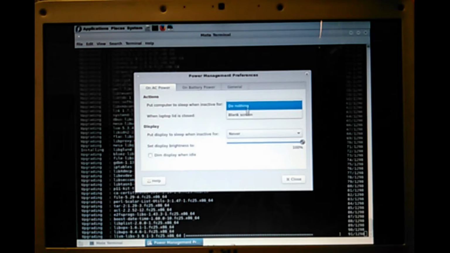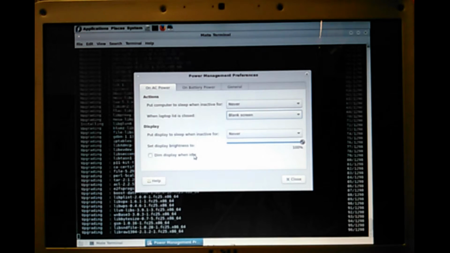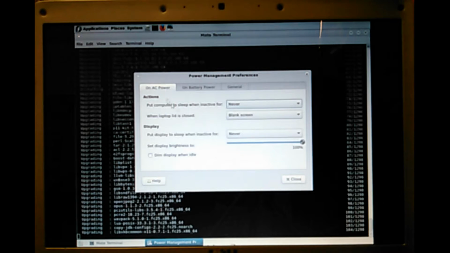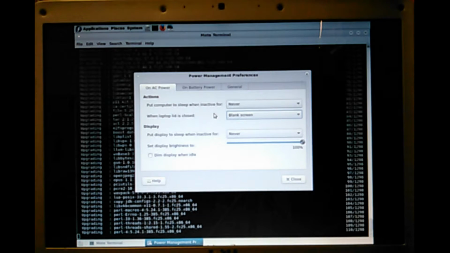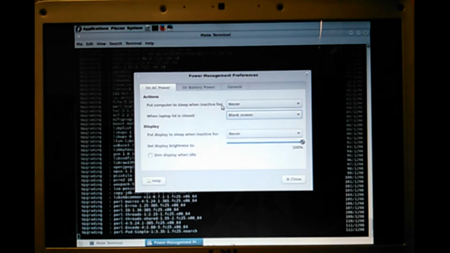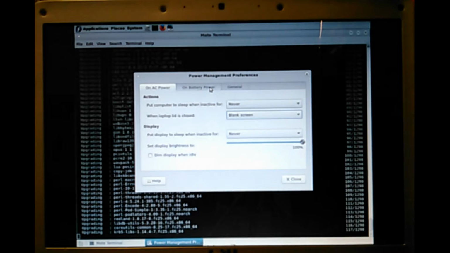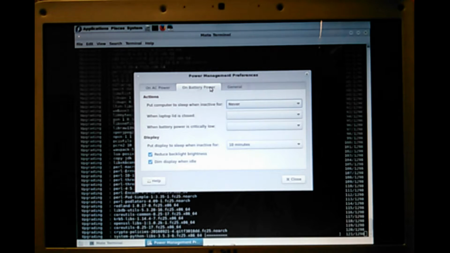It used to go to sleep. That used to be what you could do. Dim the display when idle, that drives me crazy. Now this is on AC power anyway. But yeah, I want it to blank the screen when I shut the lid. I don't hardly ever do that. Well, if I'm running some really long thing in the command line, like an update, I might do that with it running. But on battery,